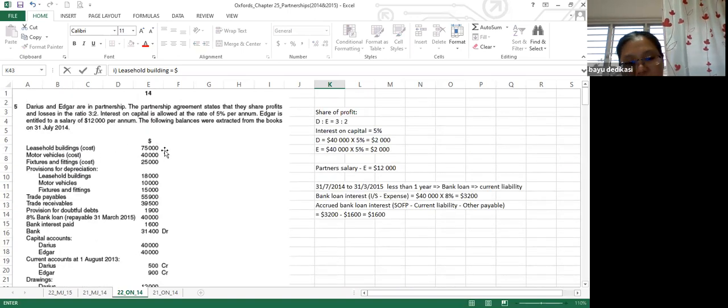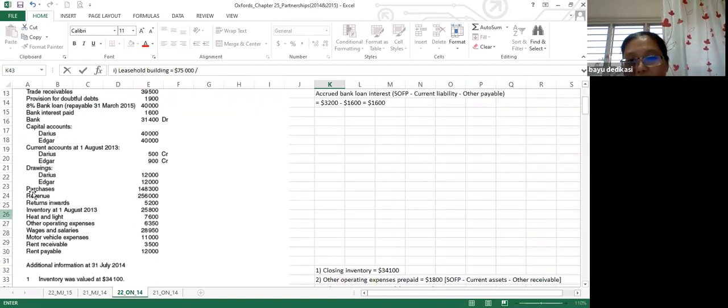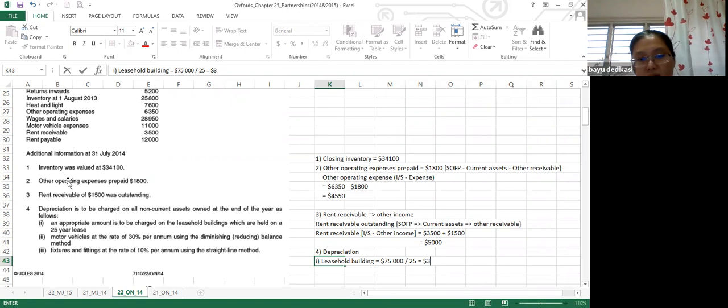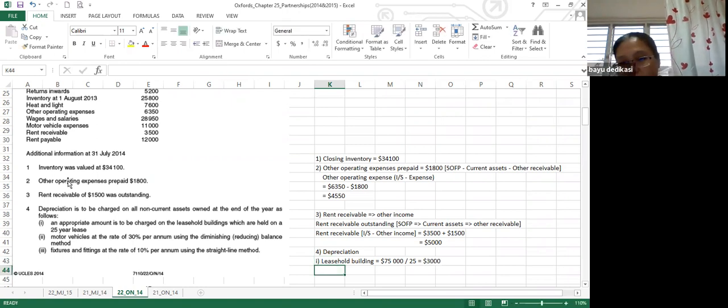The cost is 75,000, and you divide how many years? Divide 25-year lease. Okay, then you get 1 year, 75,000 divided by 25, so it's 3,000. So this amount is your depreciation for leasehold building. Number 2,